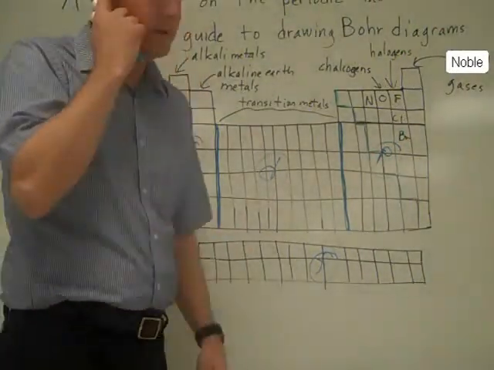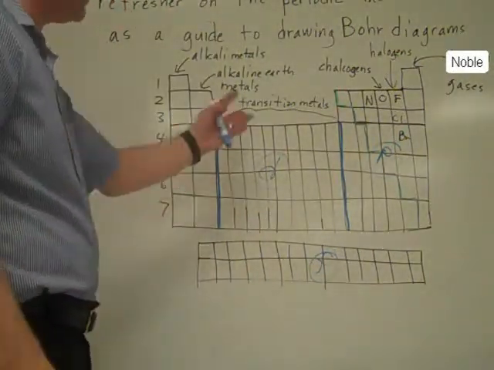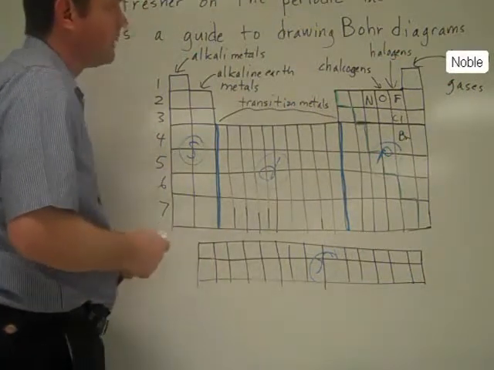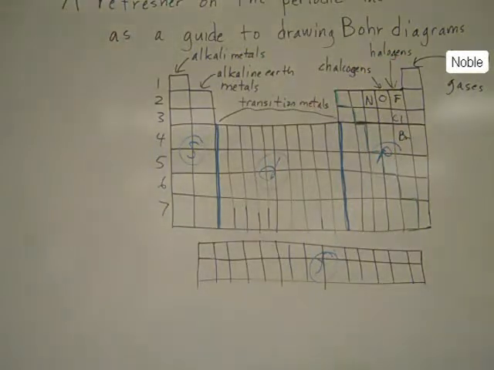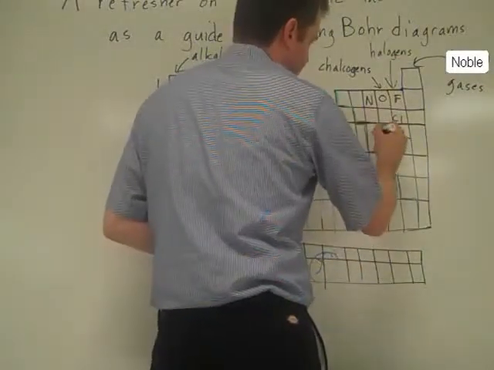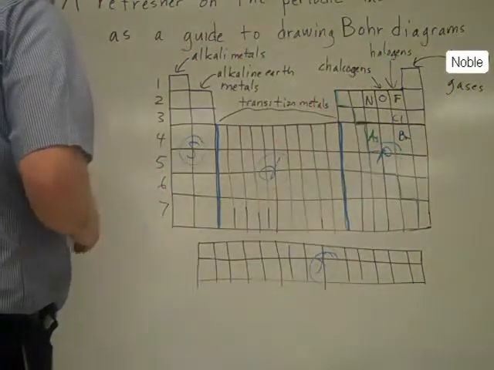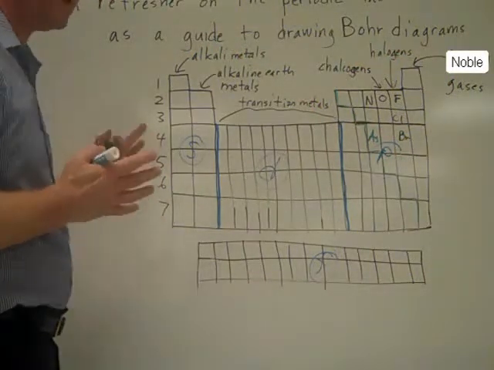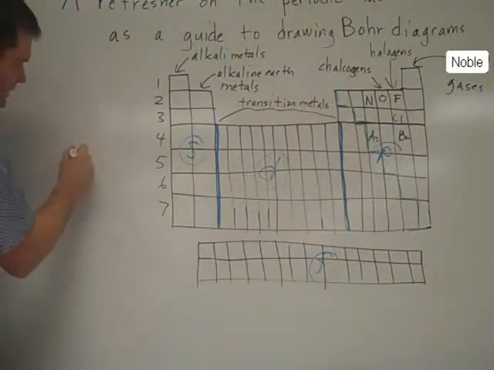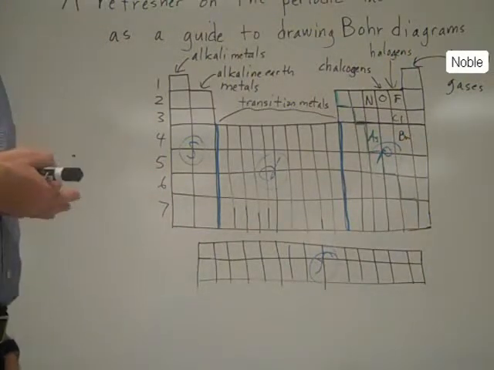All right. In order for me to use the periodic table as a guide to draw my Bohr diagram, I have to pick my element. That's the first important step. So, say an element's been assigned to me. Let's say it was arsenic, which would be right here. Arsenic. Okay. My first thing to do is to draw something to represent the nucleus. I'm going to differ from the way other people show their nucleus. A lot of people